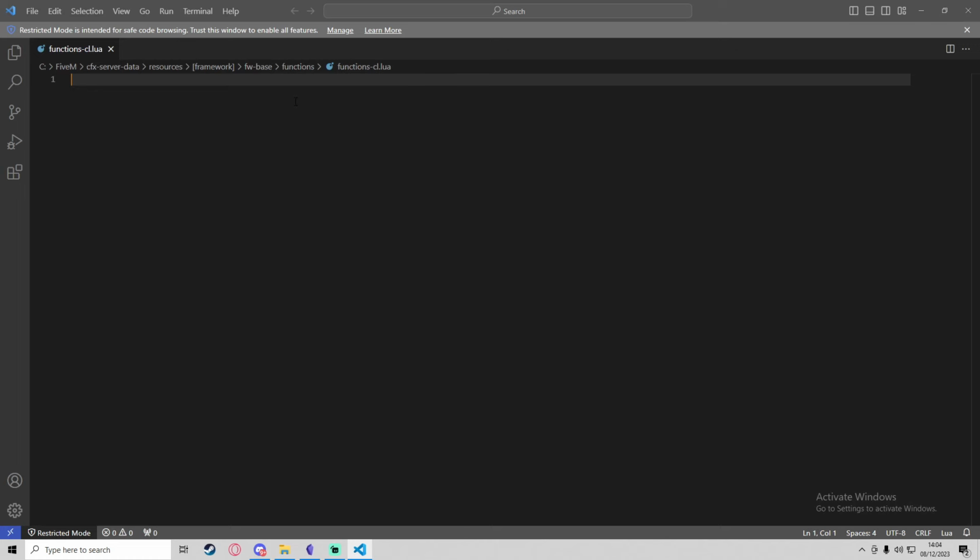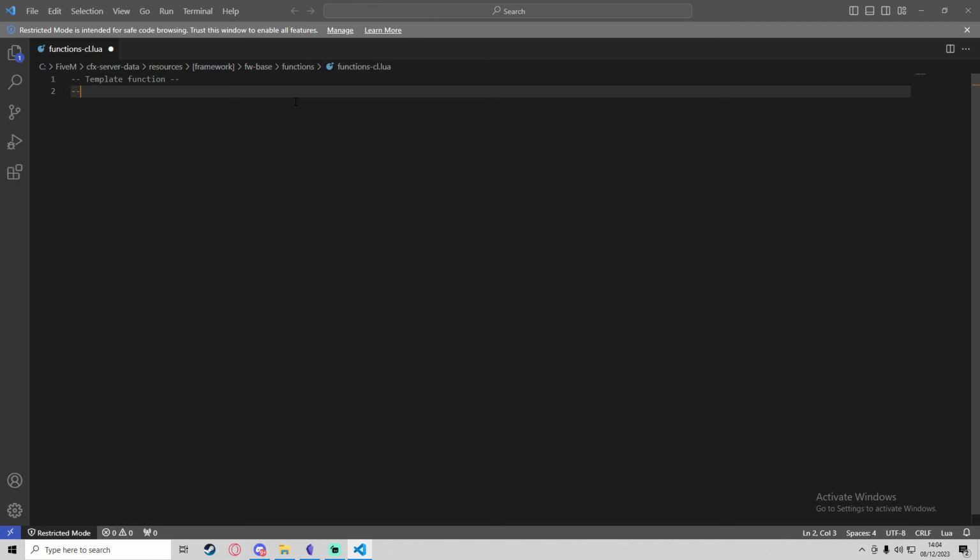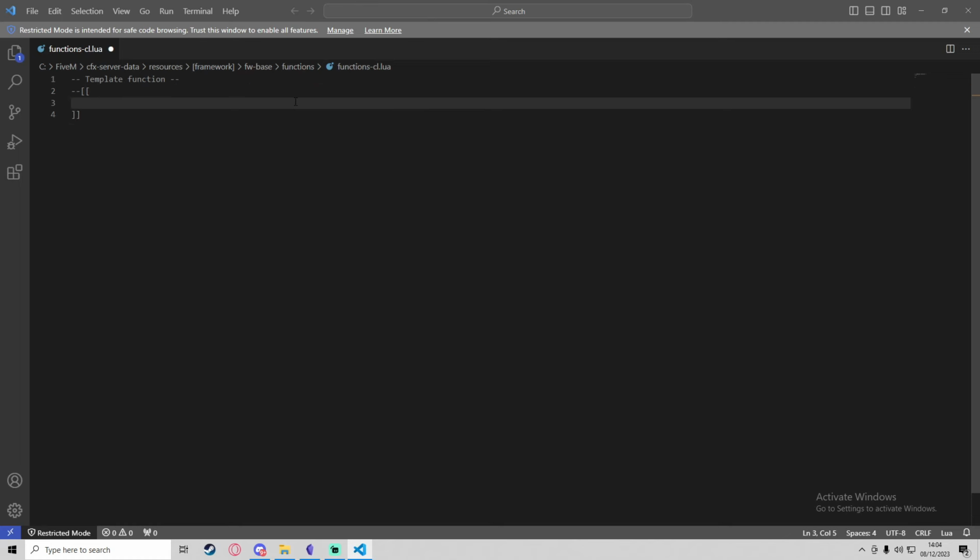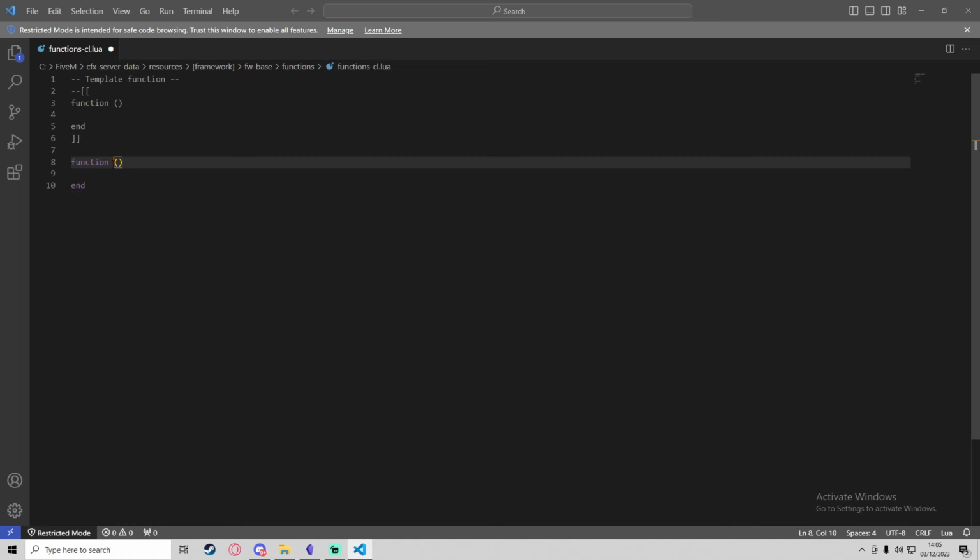And then in here, we'll also make a template function as well. Template function. So, and then we'll just do the same, dash, dash, square bracket. So, and then in here, we'll do function, like so, and then end. Oh, that's all caps. Like so. So we'll just copy that, and then we'll paste that down here. So our first function will be called notify,